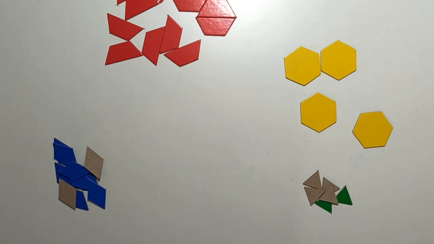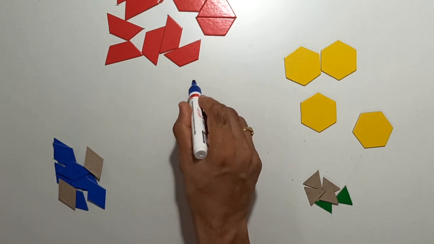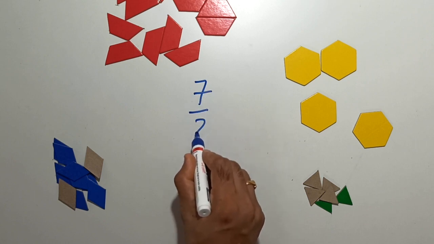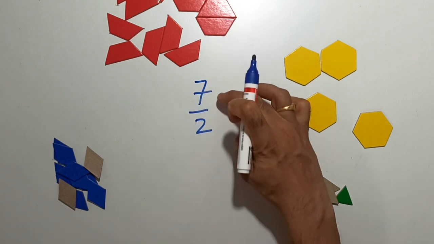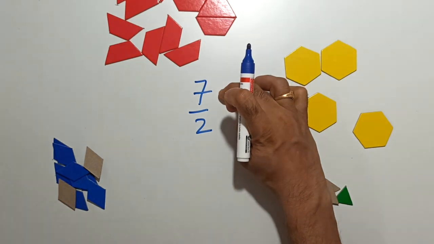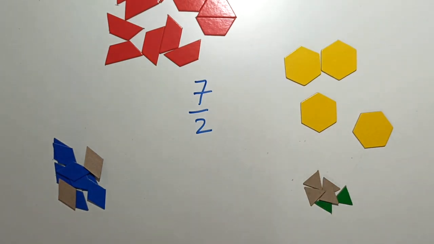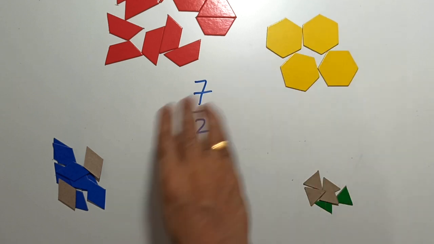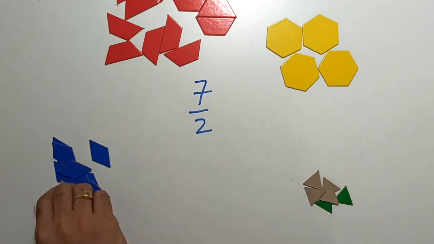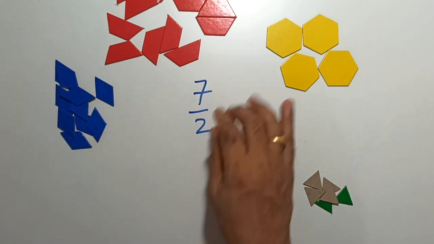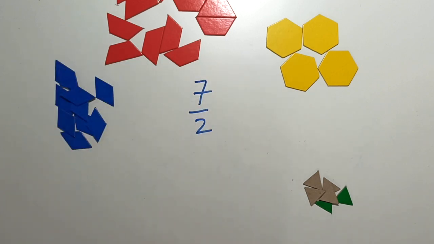So what are improper fractions? If you have a fraction where the numerator is more than the denominator, let's say 7/2, you can see that the numerator 7 is more than the denominator. How do we represent such fractions? It's very simple. What do we know about fractions? When we talk about the denominator of a fraction, what does it represent? It represents the number of parts in a whole, right?